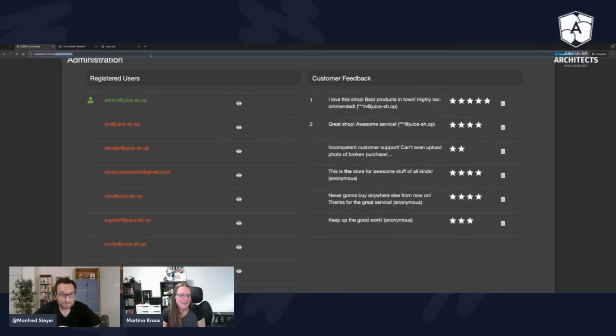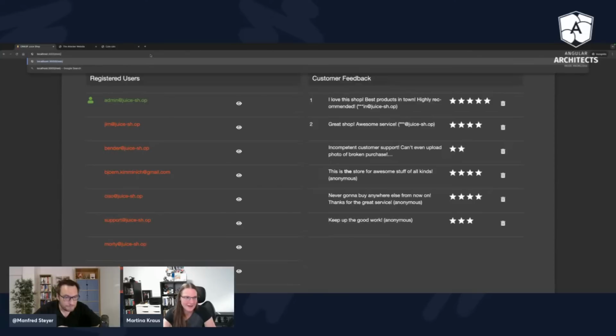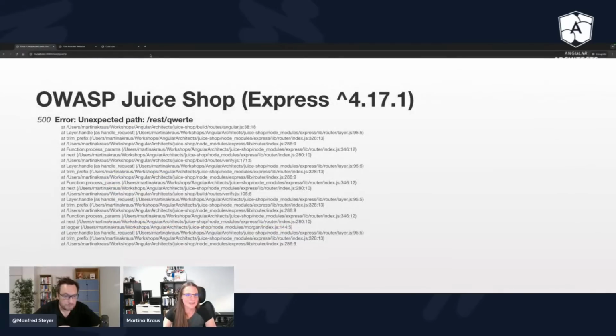And then, of course, sometimes you also find some cool error messages. For example, if we know that the backend API we observed is always going to /rest, let's just try to provoke an error. Also, one of the worst things that could happen is that it leaks the whole information, basically. The whole information about what kind of server it's been using behind the scenes is exposed. The version number is 4.171. I'm actually not quite sure what the current version is, to be real honest.